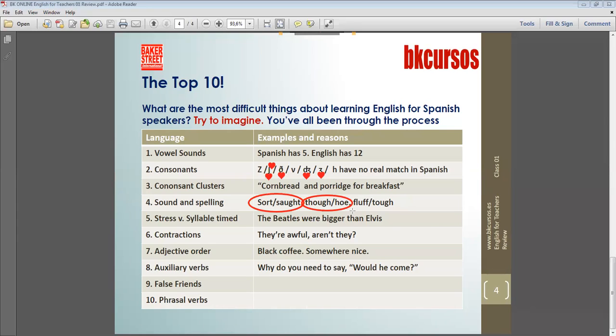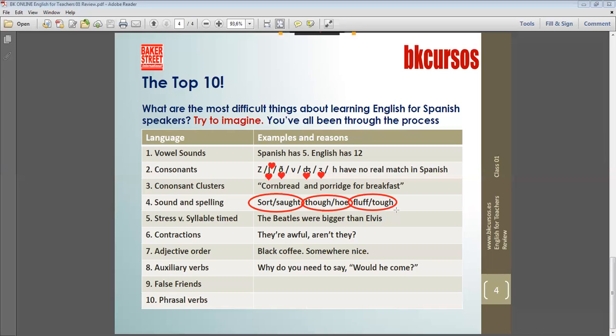What's a hoe? A hoe is an instrument which you use if you're a farmer or in your garden when you want to dig. It's a long stick with a small piece of metal like this. So when you want to plant some onions or potatoes. And finally we have